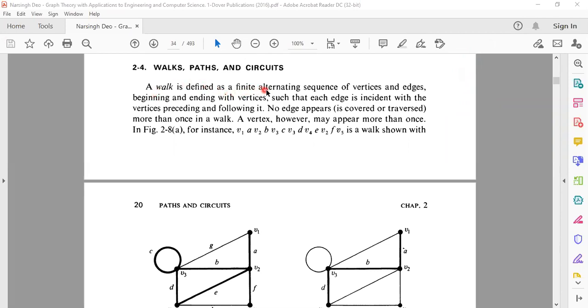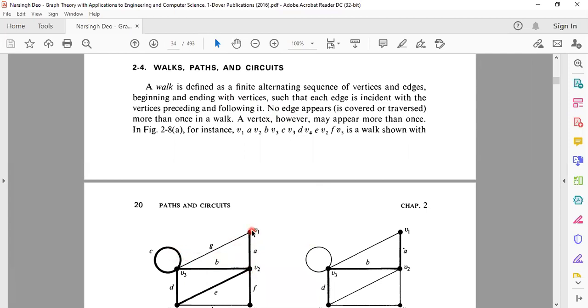A walk is defined as a finite alternating sequence of vertices and edges, beginning and ending with vertices, such that each edge is incident with the vertices preceding and following it. No edge appears more than once in a walk. So you see the most important part in this particular definition is that the edge shouldn't repeat itself. If I consider this particular figure,